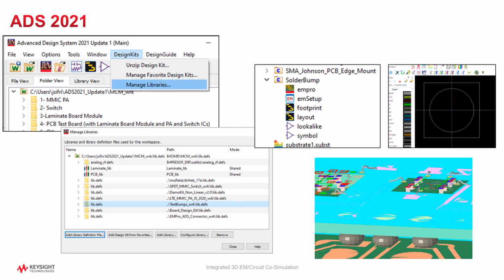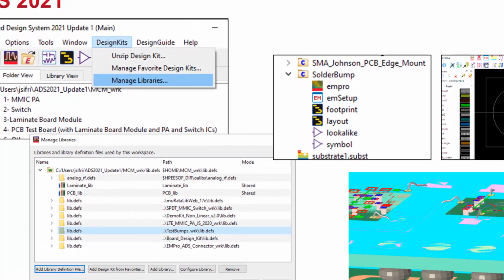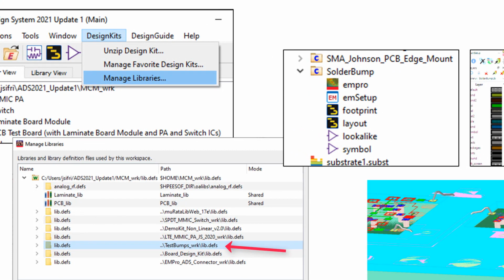Also, in this webinar, I have imported the solder bumps library from EM Pro using the Manage Libraries window, as I have shown earlier. I was able to use the solder bump footprint and drag it into my layout.